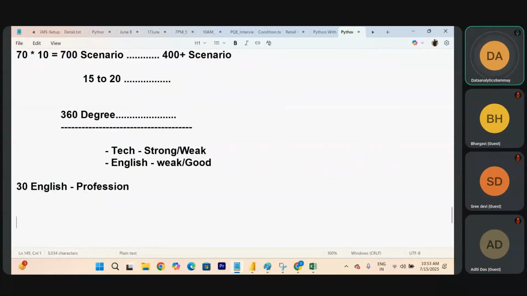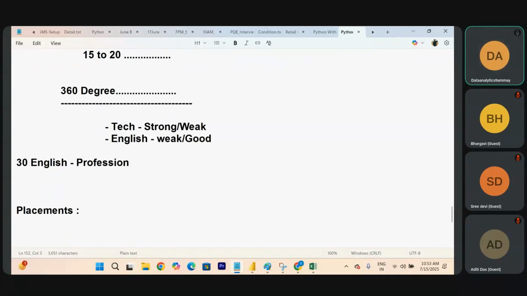Apart from this, let's understand the placement level. On the placement side, my fresher students: for the least package, one of my fresher students got 2.5 LPA. Another fresher student got 5.8 LPA. So can I call it 6 LPA? Same freshers only. What is the difference between them?